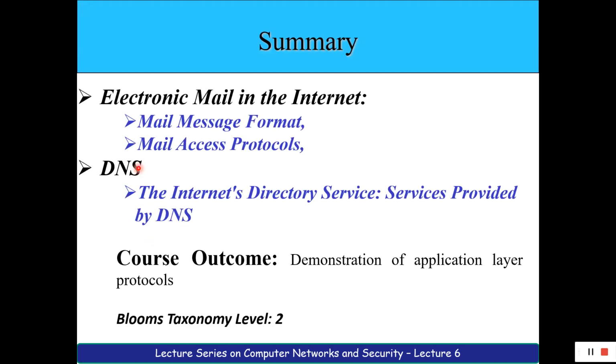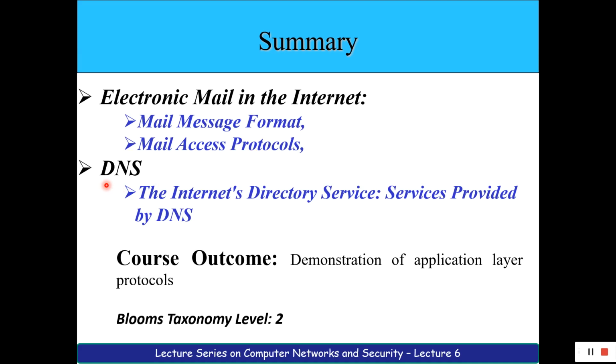So to summarize what we have learned today, we have learned about the mail format, that is it should have a header and a body in the whole mail. The header comprises to, from as well as subject. SMTP was used to send a mail from the sender's mail server to the receiver's mail server. But when it comes to the receiver's mail server, the user agent who has received the mail, if he wants to access it from the mail server, has to make use of mail access protocols. We have learned three kinds of protocols, that is POP3, IMAP and HTTP.